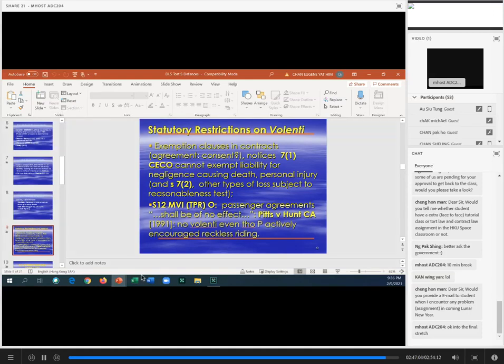Okay, now the last bullet point, everybody, I will leave you with tonight, and I challenge you to go and look it up on your smartphone or computer somewhere. Section 12 of the Motor Vehicle Insurers Third-Party Risks Ordinance. Say again, Section 12 of the Motor Vehicle Insurers Third-Party Risks Ordinance. I don't know what cap number it is, but you can look it up alphabetically. Okay, it says passenger agreements, if you're in a vehicle on the road, shall be of no effect. Shall be of no effect.